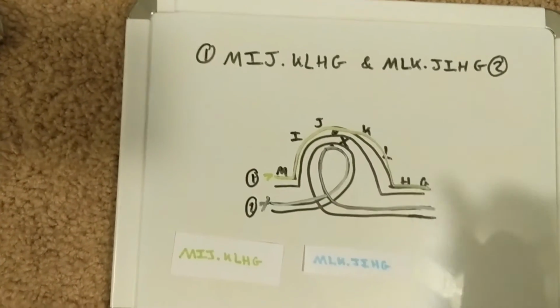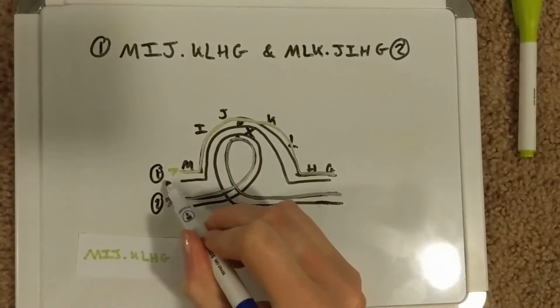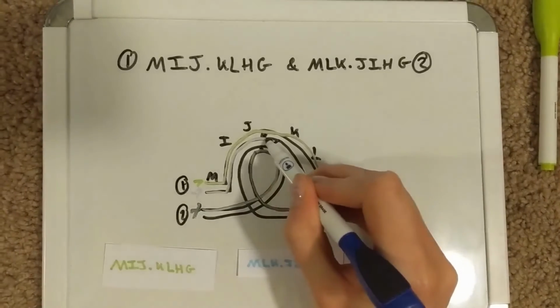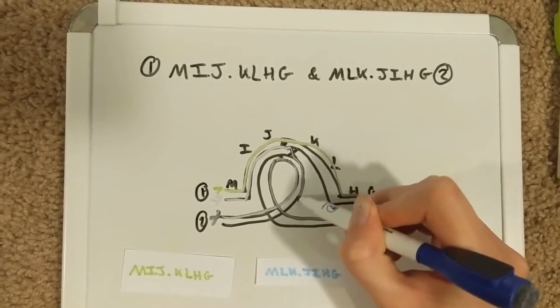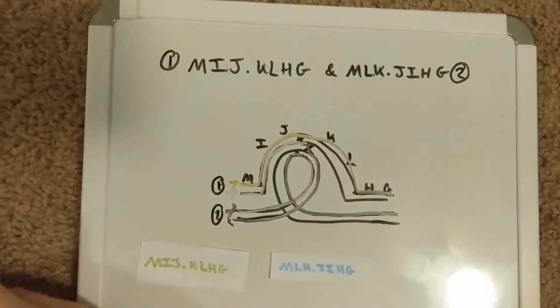The blue roller coaster will take this inner loop here and create gamete MLK.JIHG. The purple roller coaster will start here and travel along until it crosses over here between J and K and makes a loop to go backwards to create gamete